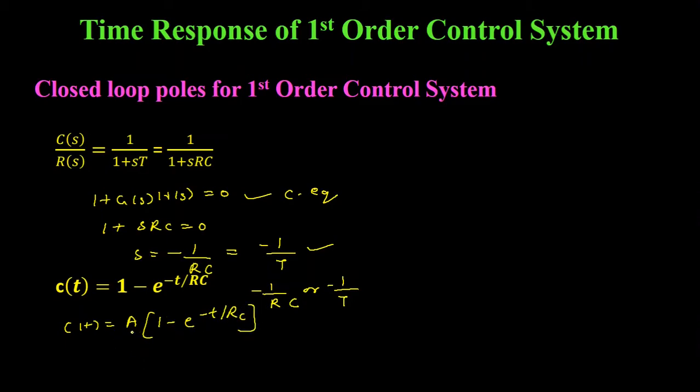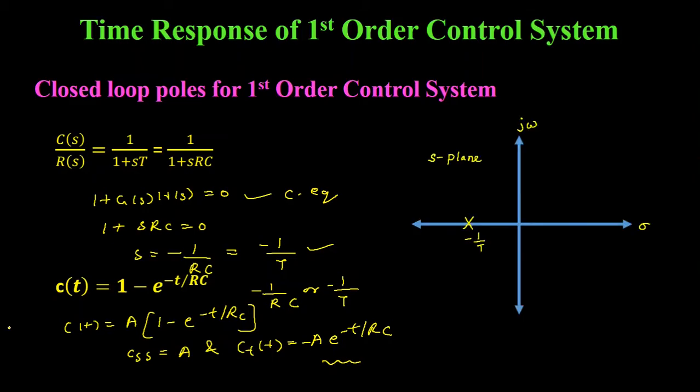From this equation we can see that if the magnitude of the signal is changed, then the rate of decay will not change, but the steady state value will change, because here the steady state value css will be equal to A and the rate of decay will be the same, e to the power minus t by RC. Therefore the transient response will be equal to A into e to the power minus t by RC. So the rate of decay of the transient response will be the same if the magnitude of the input signal is changed.